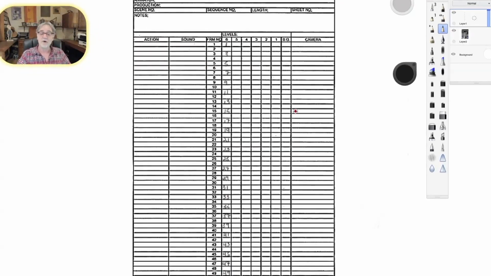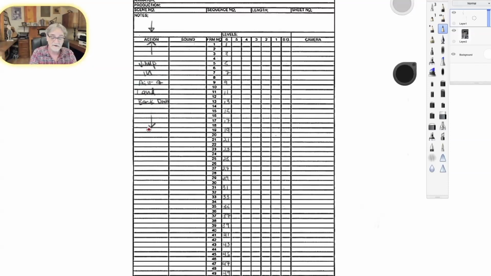And then when I get the animation and I get a scene that has some fast action and then some slow action, over here there will be some notes from the director about what's going on in the scene. And this is where the director writes in the notes, right there. The director says from frame 1 to, let's say, frame 18, a character jumps into the air and then lands back down.